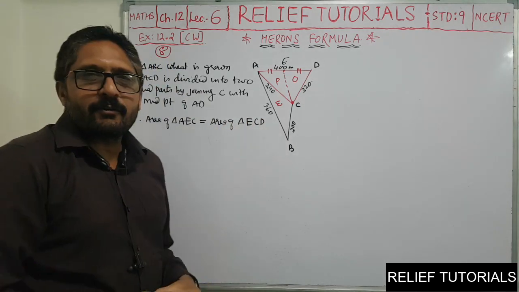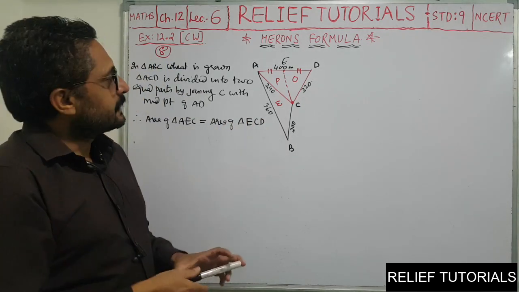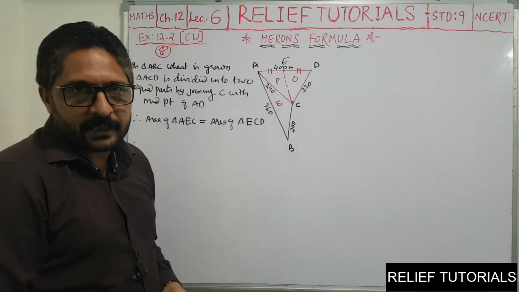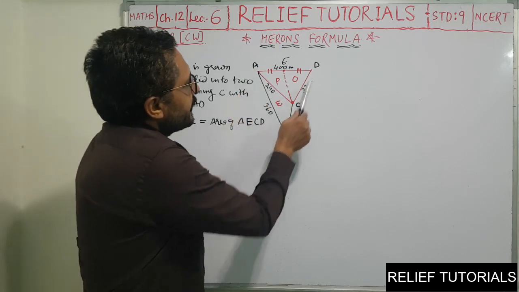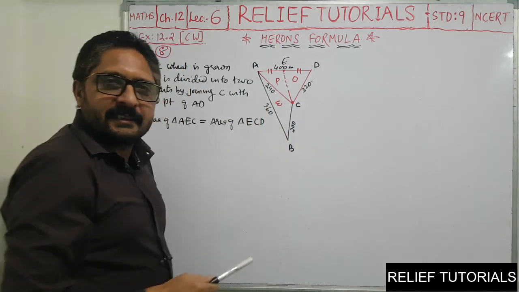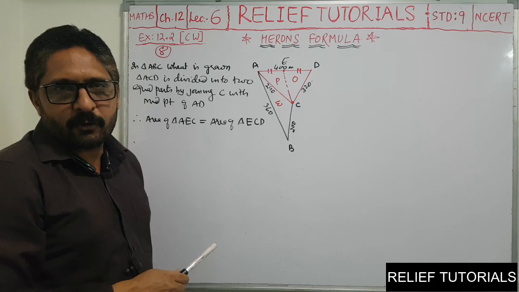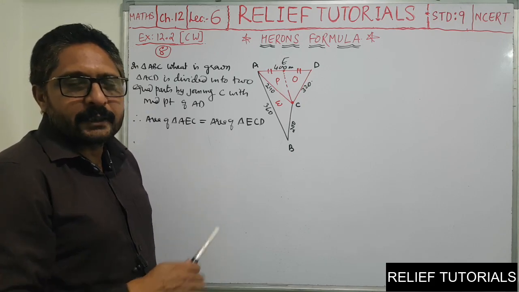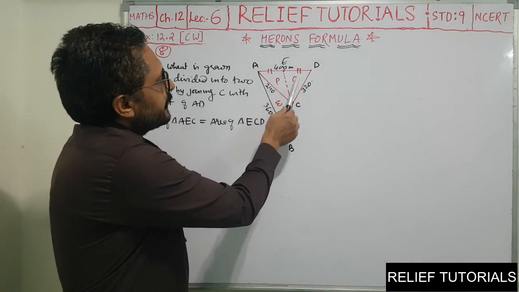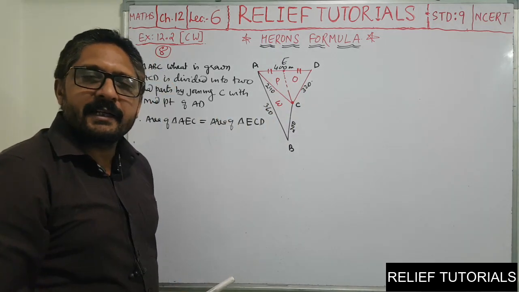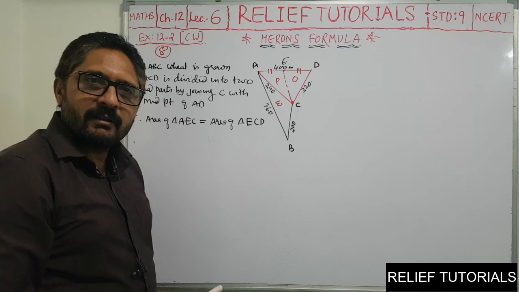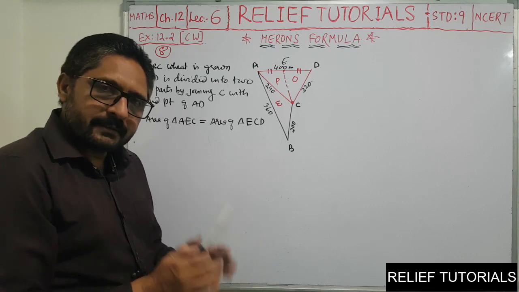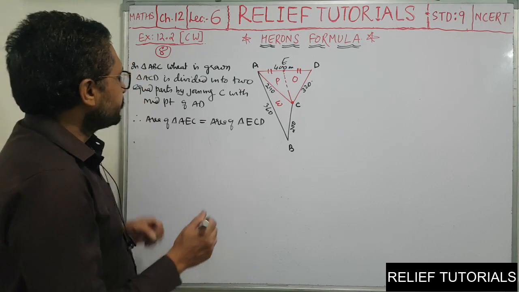Here we have to use Heron's formula, nothing else. For triangle ABC, the measures of three sides are given, so you will find the area by using Heron's formula. For triangle ACD, you have all the three sides, so you will find the area by Heron's formula and divide that area by 2. So you will get the area of both these triangles, because their areas are equal. That's all. And you will convert the answers into hectares. Quite simple.